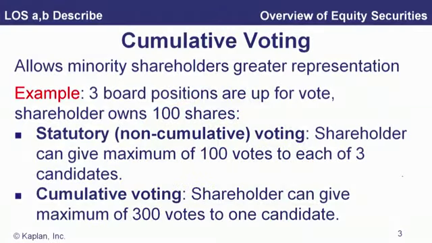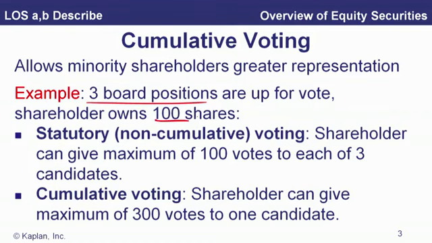Okay, what about cumulative voting? This is a provision that comes through the corporate charter, and it's a minority shareholder protection mechanism. So if you want to make sure that minority shareholders are protected, there are a number of things you can do. One of them is to allow for cumulative voting. If we are a minority shareholder in a corporation, what we would really like is enhanced ability to get a seat on the board of directors, maybe not personally, but our candidate, so they could represent our interests. Well, if you're going to a shareholder meeting and there are 3 board positions up for vote, meaning we're going to elect 3 board members at this meeting, and you own 100 shares